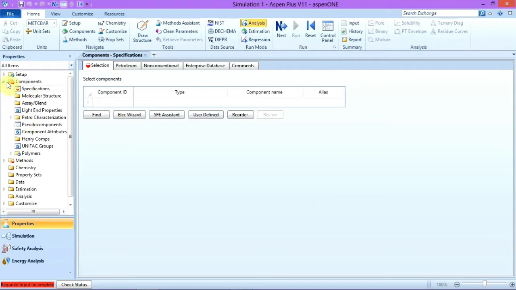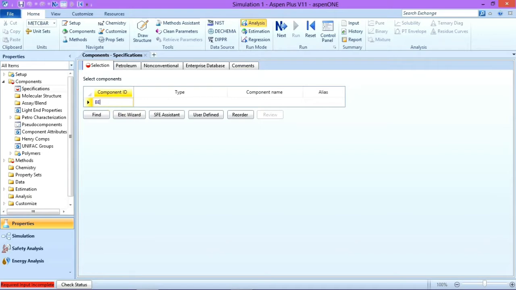In the last video we discussed the various tabs that are present in Aspen Plus. In this video we are going to find the properties by using the analysis tab. And I will tell you how to input components. So here we are given Component ID. Suppose in this tutorial we are doing the analysis for a benzene and toluene binary mixture.